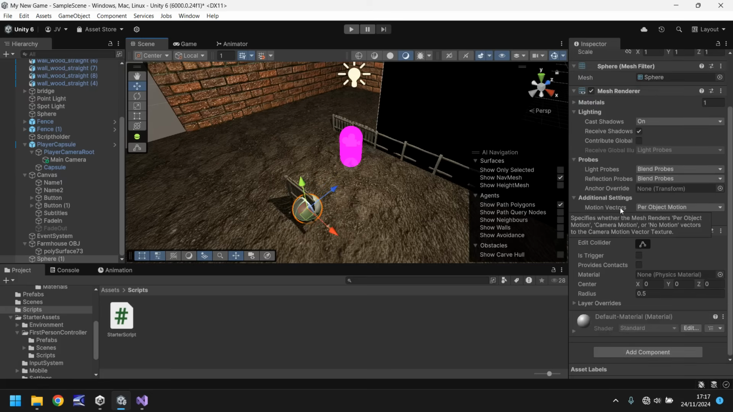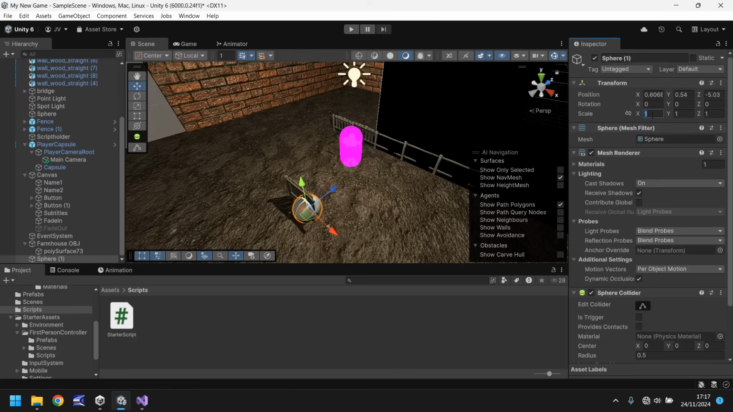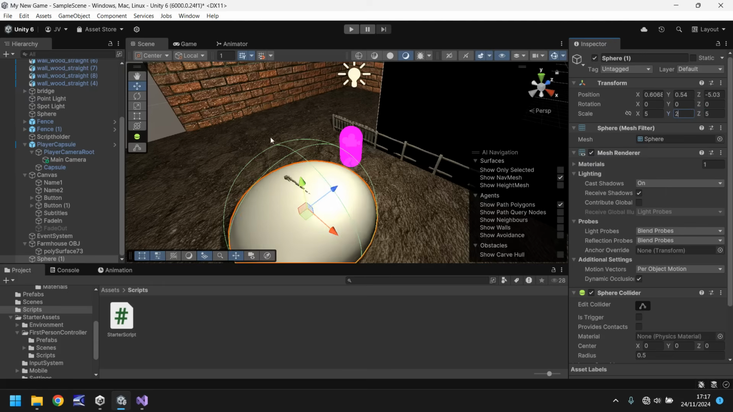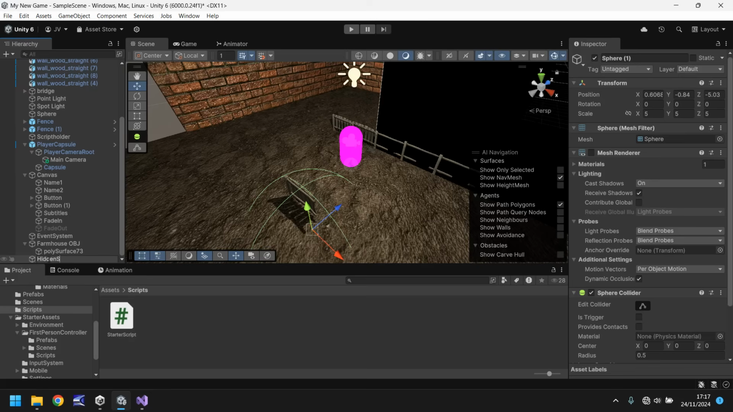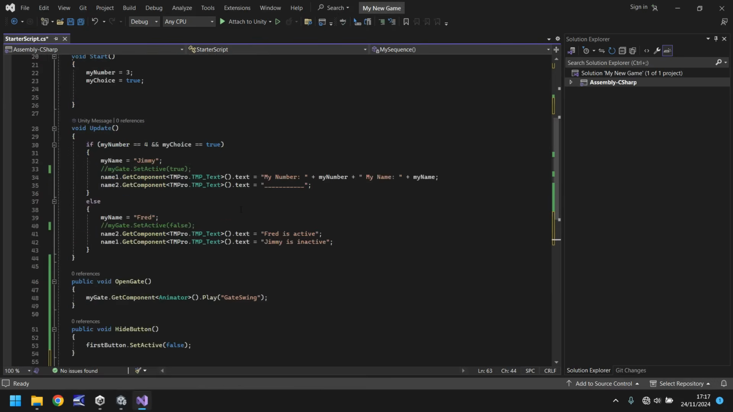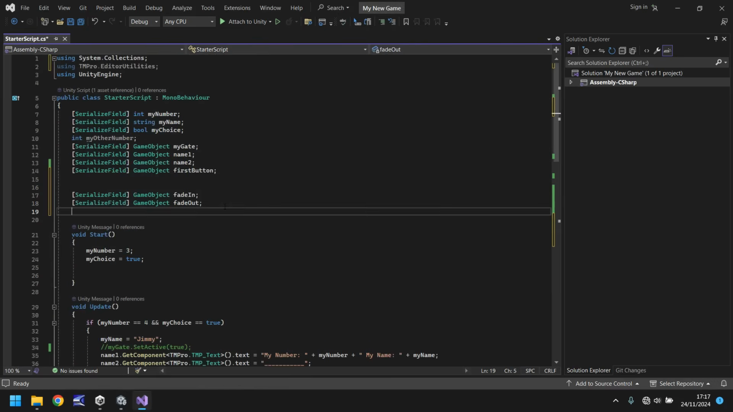And let's increase the size. So let's have this scale as 5 by 5 by 2 maybe. We'll see how that pans out. In fact, no, we'll have it 5 by 5 by 5. Round about there. I think that's great. Next, let's turn off the mesh renderer. And let's call this hidden sphere. So now let's go back to our code